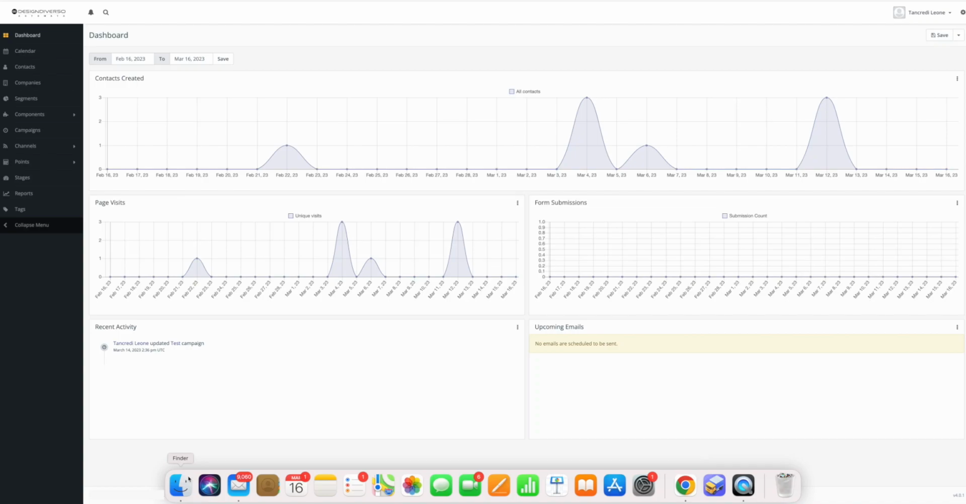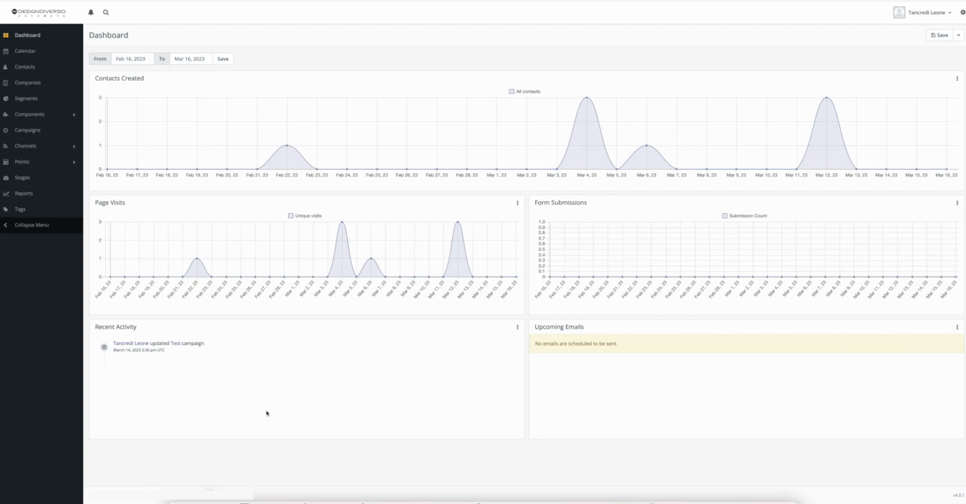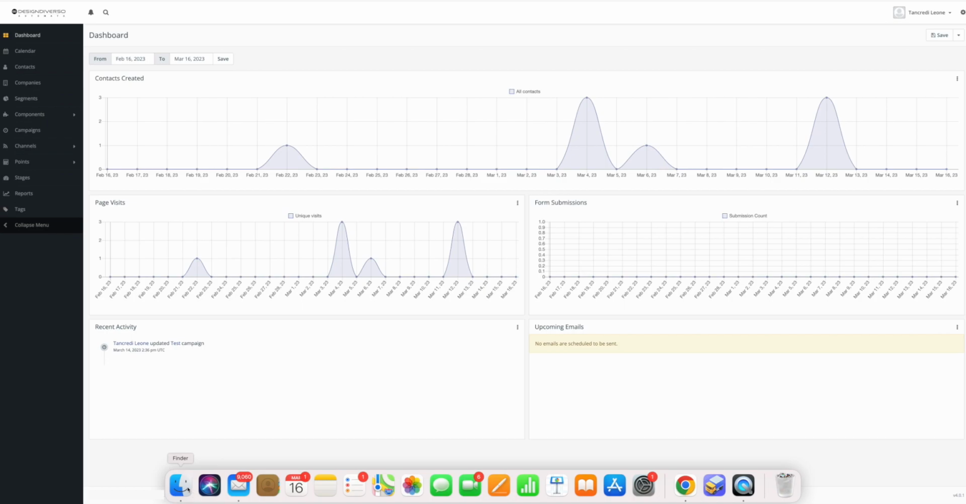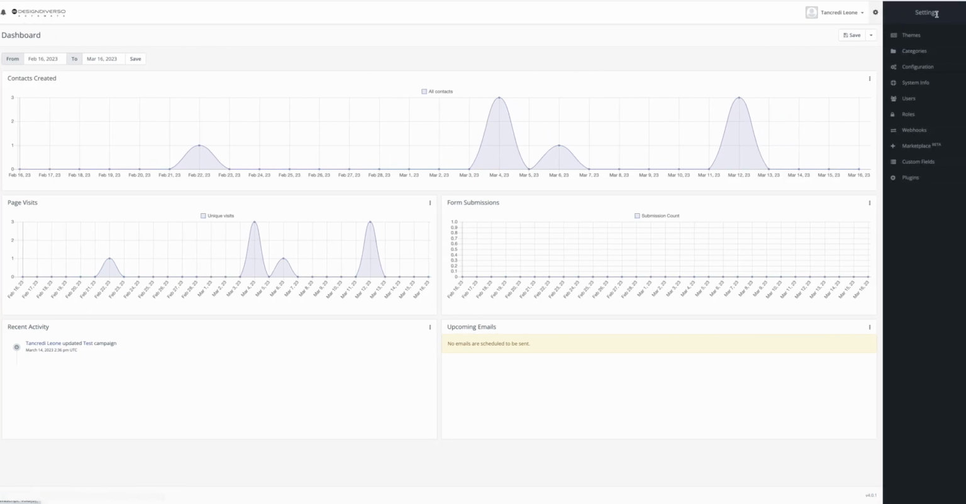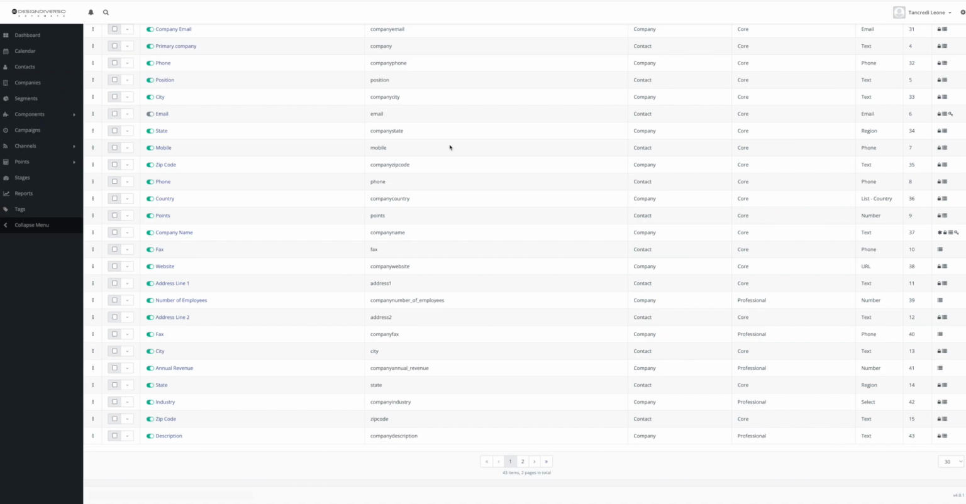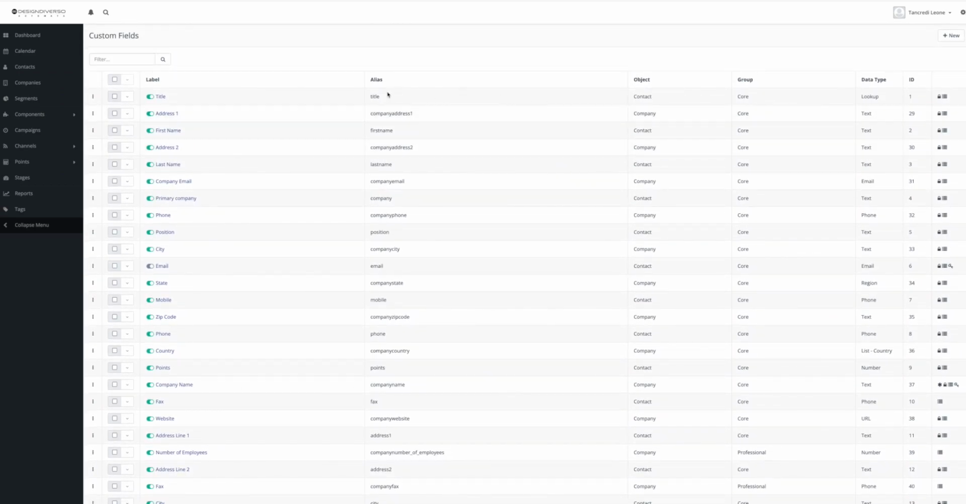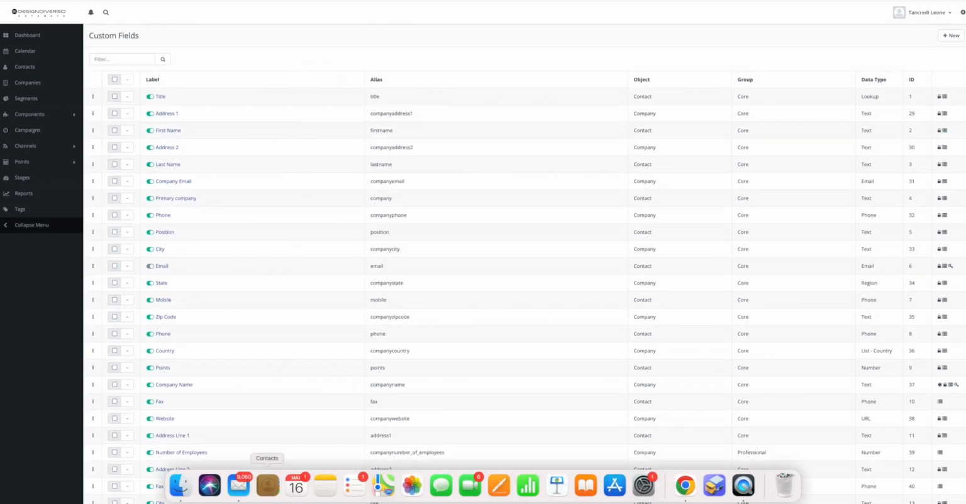How to import context in DesignDiverso Automata. So first off, what you want to do is make sure, by heading over to settings and custom fields. Now here you have a list of your custom fields, and you want to compare